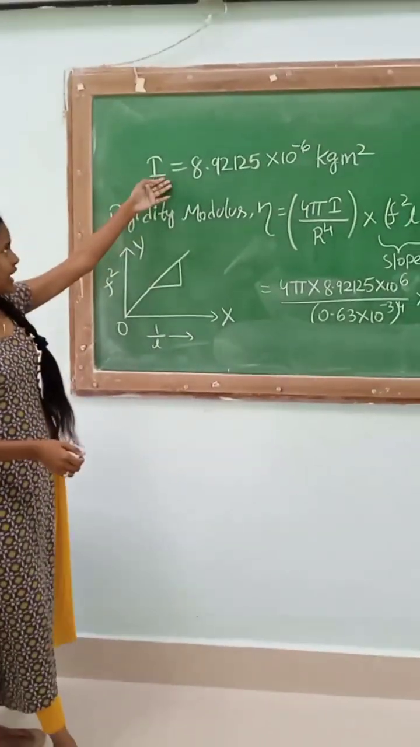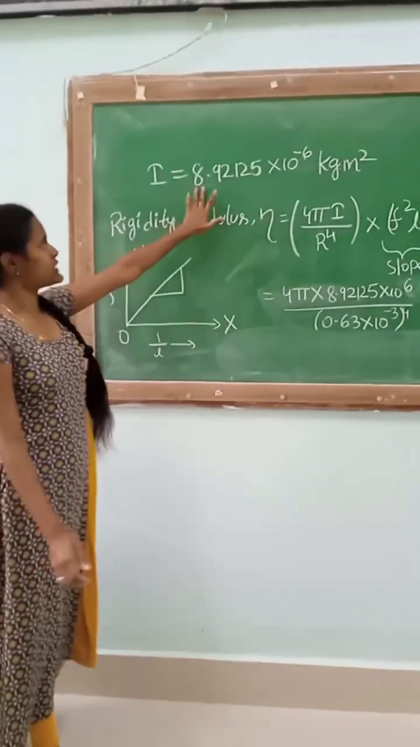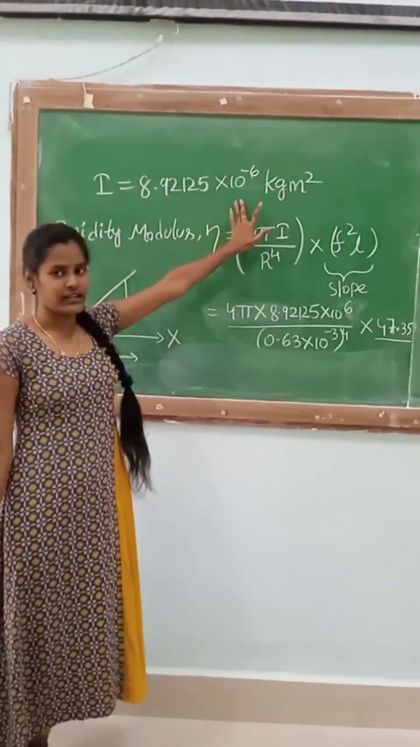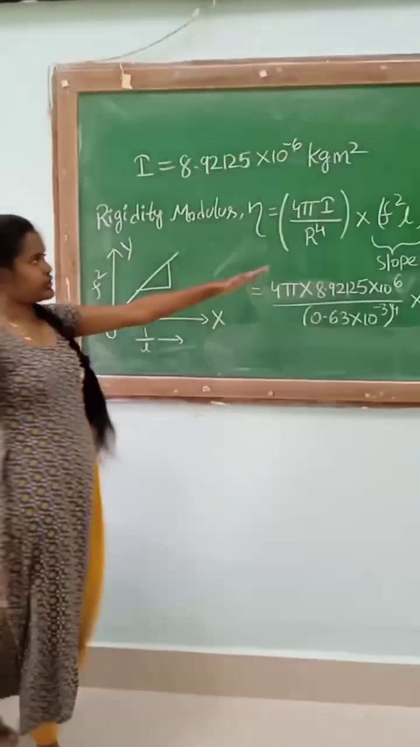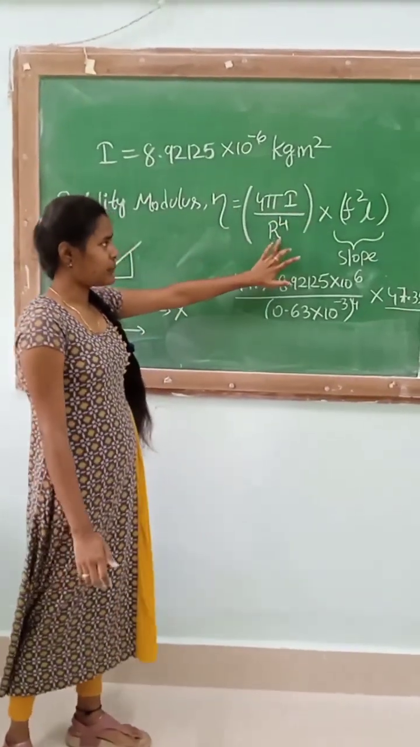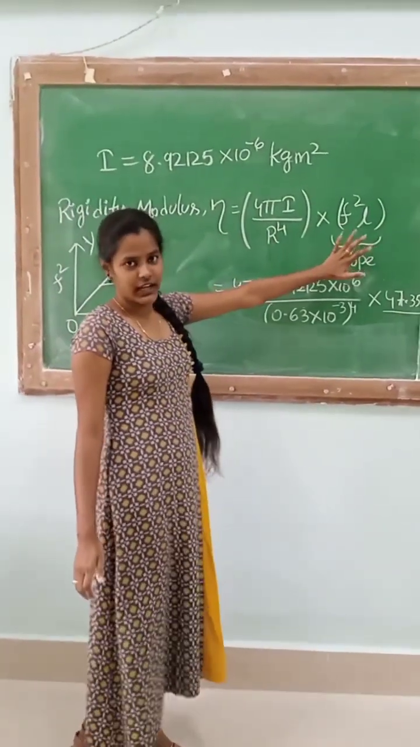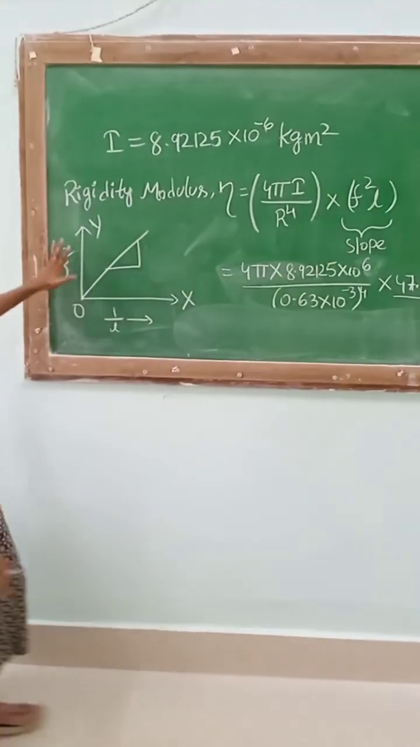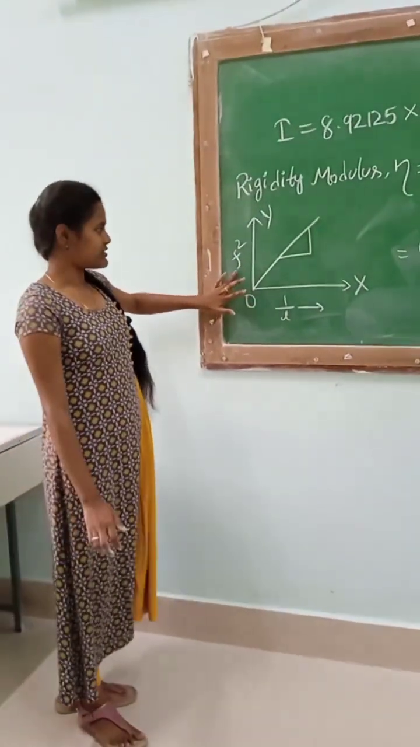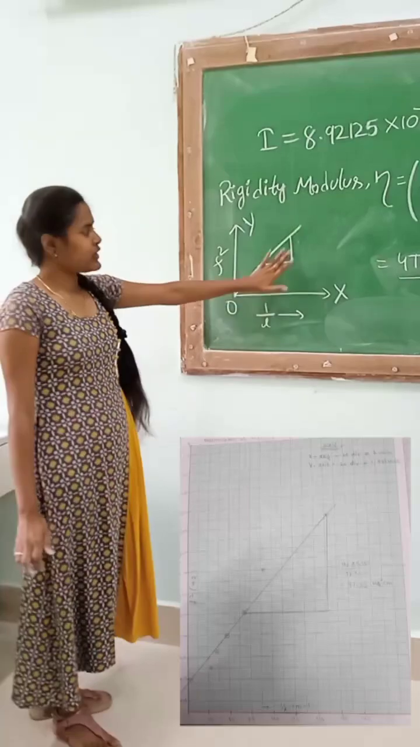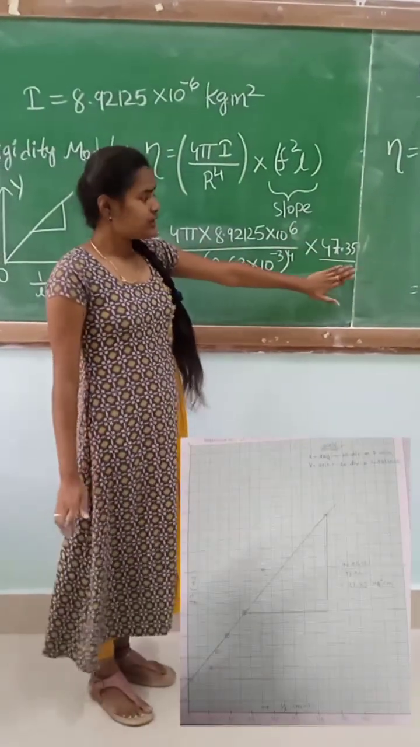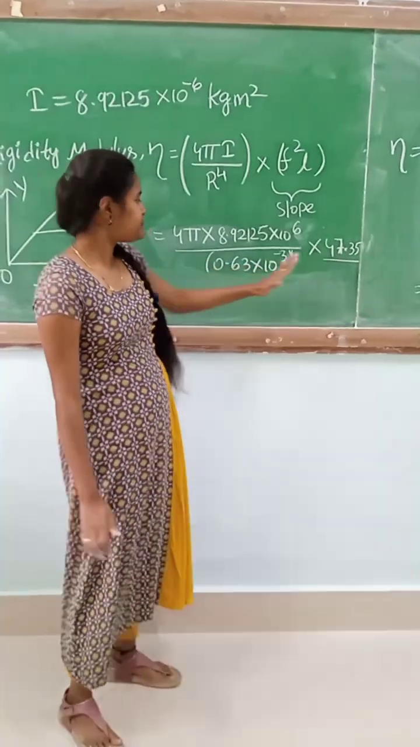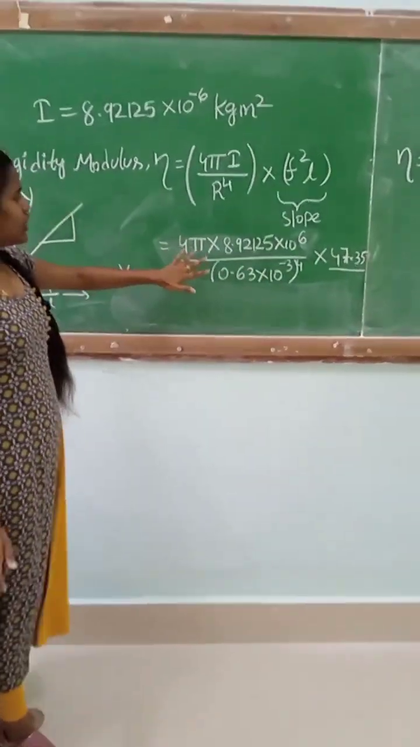We have found out the value of moment of inertia, that is 8.9215 x 10^-6 kg m^2. The formula to find the rigidity modulus involves f square L, where f square L is the slope of the graph between 1 by L and f square, which is a straight line. So from the graph we got the slope value as 47.35. When we substitute the value of pi